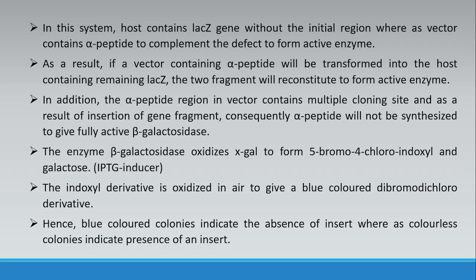So a colorless substrate, here we mean X-gal, upon action by beta galactosidase is converted into a colored product, which is blue colored, the dibromo dichloro derivative. So the blue colored colonies indicate the absence of an insert, whereas colorless colonies indicate the presence of an insert. So in case you are utilizing this for insertional inactivation, for example,